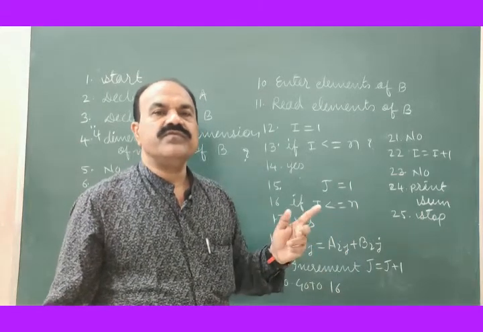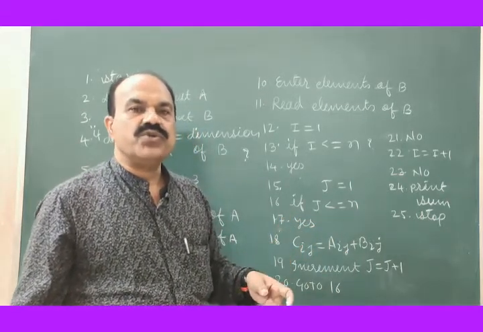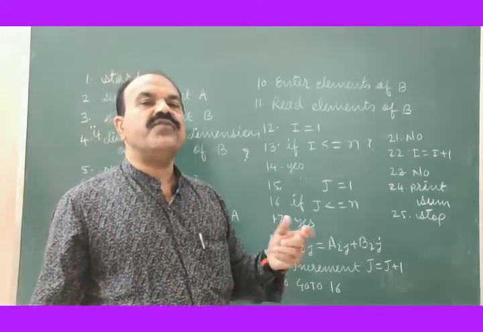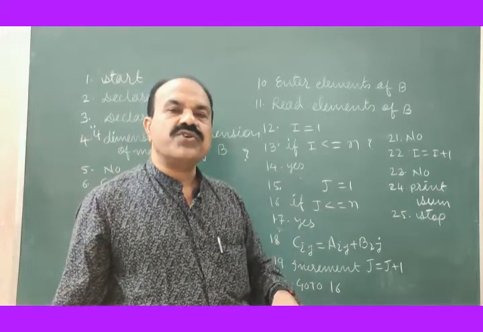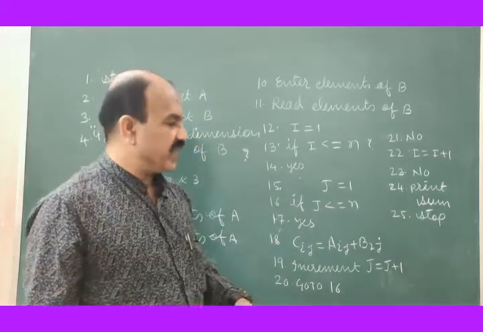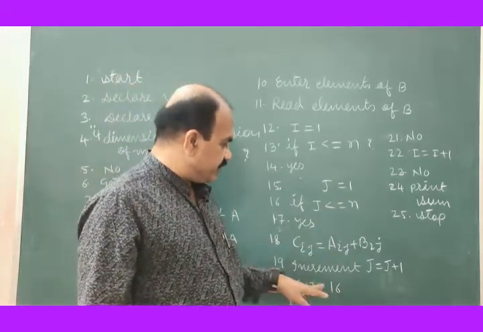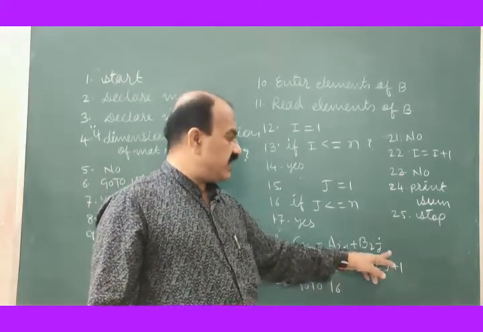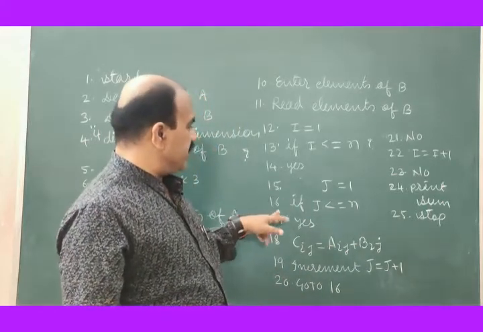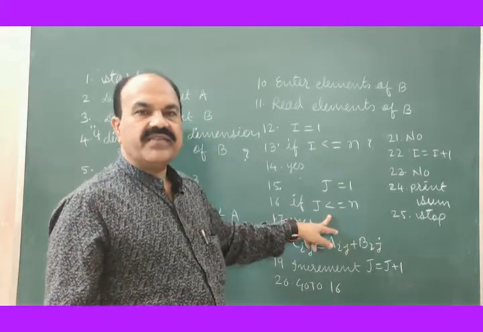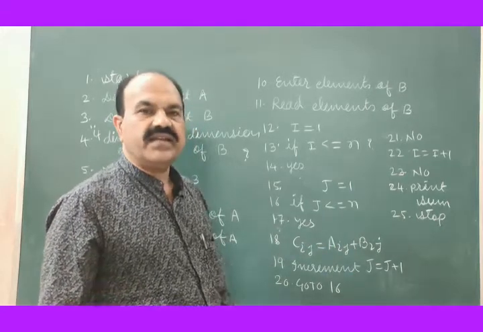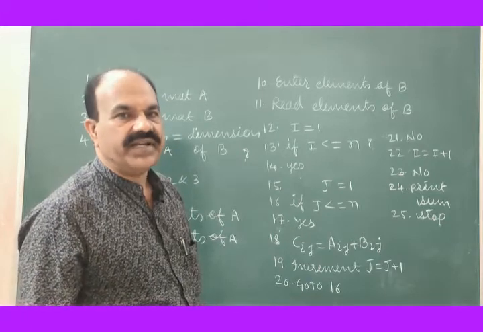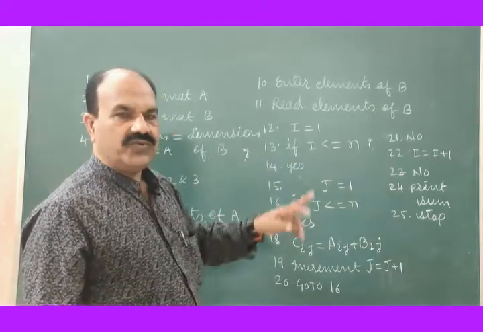The number in the first row in the first column of first matrix is added with the number in the first row, first column of the second matrix. This is continued. J is incremented. After first row, second row is taken. Okay. Go to 16 back. Compare here whether this j is smaller than n. This is continued till the summation is completed for I is equal to 1.